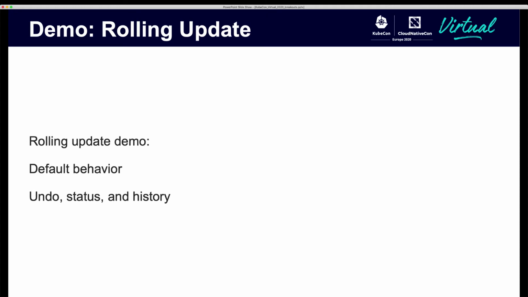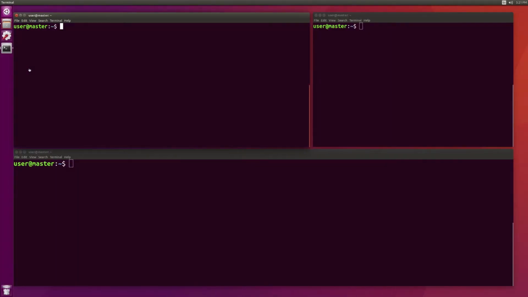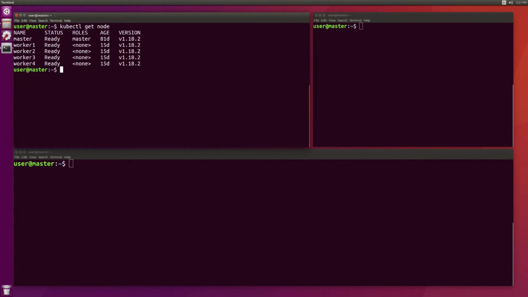So let's get to it. So I've got a several node cluster here. Let's kubectl get node and see that we've got several workers that we're going to work with. I've got a directory here of manifests that I'm going to use. I'm just going to cat